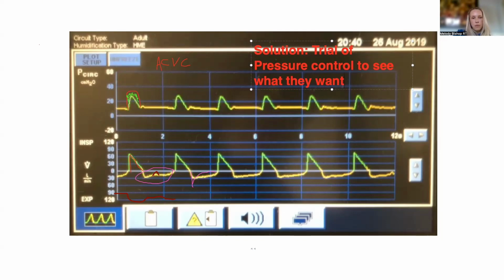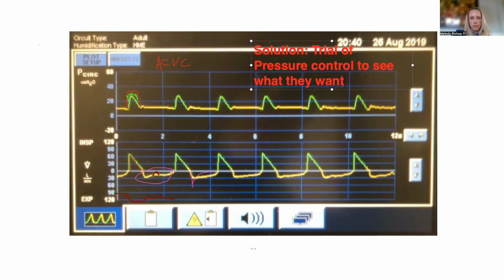I feel like there's probably a number for everyone where even in someone who you would allow a larger volume, let's say a patient with COPD, you would allow a larger volume, but how big? Like a liter is probably too much. You know what I'm saying? So I guess what I'm trying to say is that yes, I would switch him to a pressure-based mode, see what kind of volume he or she wants, and then see if that fits into our goals.